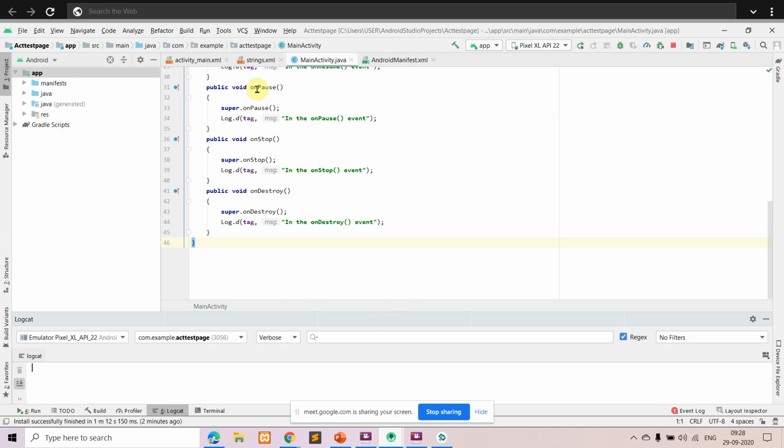So initially when it is loaded, the onCreate method will be initiated, then onStart, then onResume, like this. Then if you press the back button in the emulator, it will go to the pause stage, then the onStop stage, and also move on to the destroy stage. All that information will be shown in this logcat window.